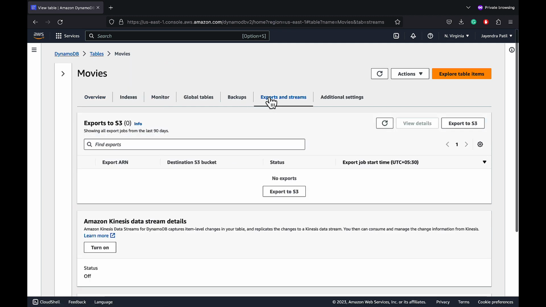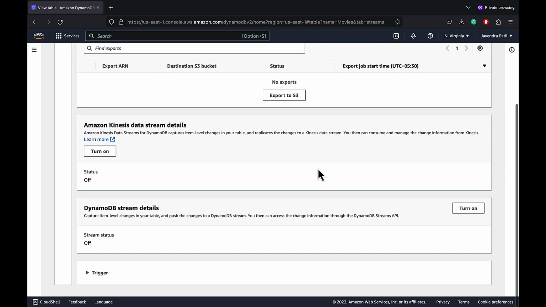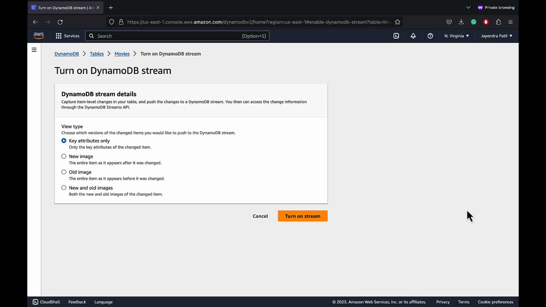Navigate to the exports and streams, and we can see the DynamoDB streams at the bottom. DynamoDB stream is currently disabled. Let's go ahead and enable DynamoDB streams for this table. We need to select DynamoDB stream details that would capture item level changes in your table and push these changes